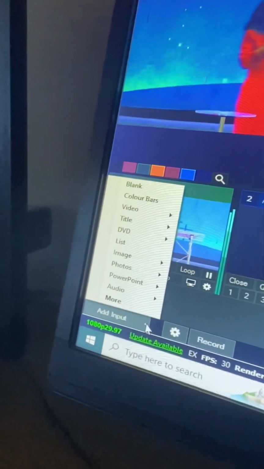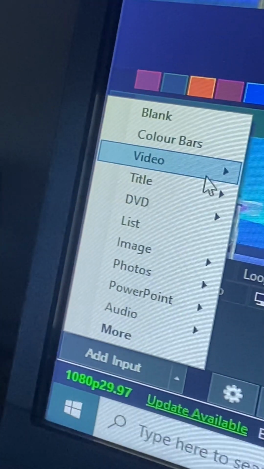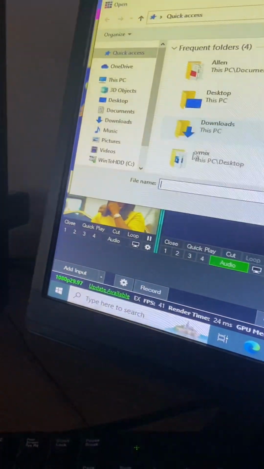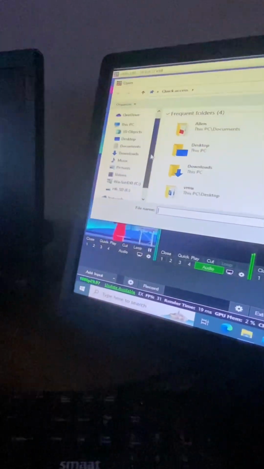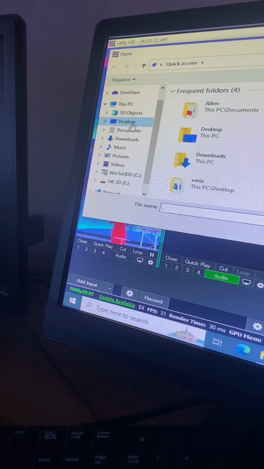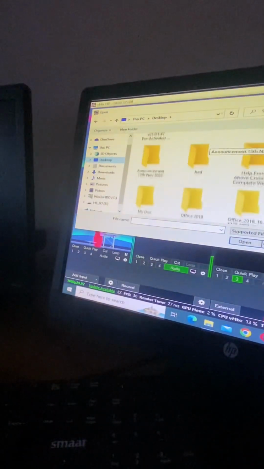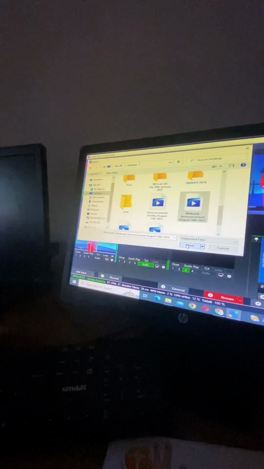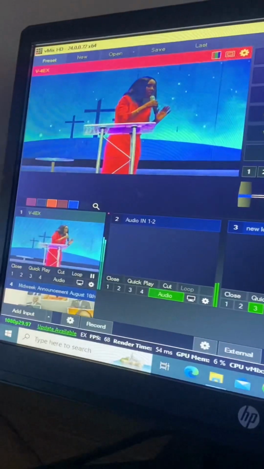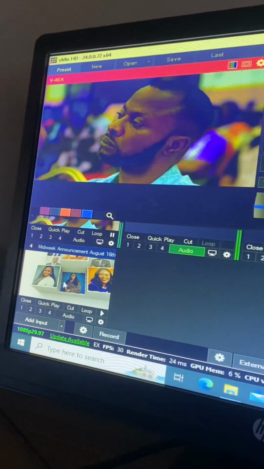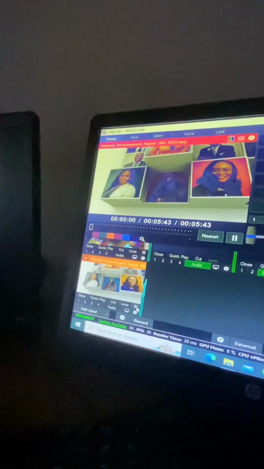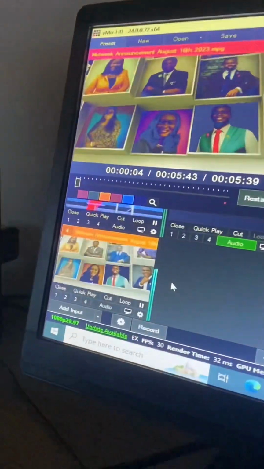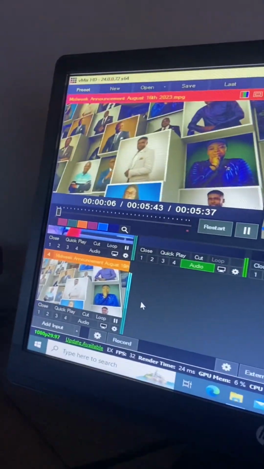So you go to add input again, then go to video. Very simple. Okay, these are the sets of video you've added before. You just click on browse, then go to where the video was downloaded, and then you insert it. Good. So when I scroll down, I can see the video just joined. That's it. So I could test before the main announcement is played. So that's how it is though,